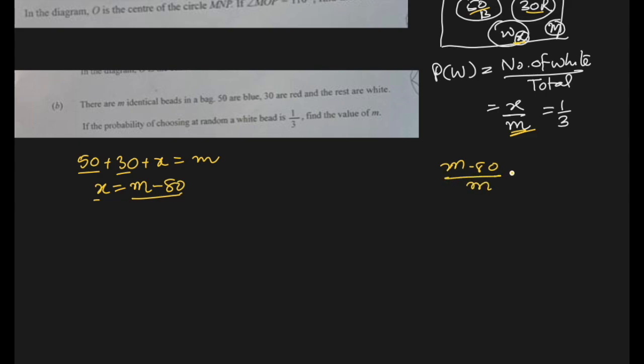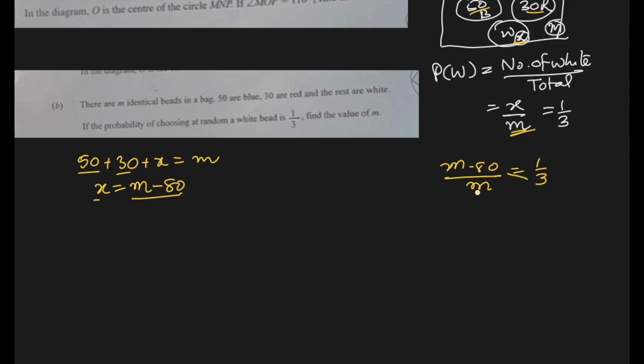We'll find m. Okay. So can I say that 50 plus 30 plus x is equal to m? Can I say that? Total number of beads 50 plus 30 plus x will be m. Right? There is no bead which is not either of these three. So what can I say? X is m minus 80, right? 50 plus 30 is 80, and goes to the right side. X equal to m minus 80, and that's what I'm going to substitute here. M minus 80 over m equal to